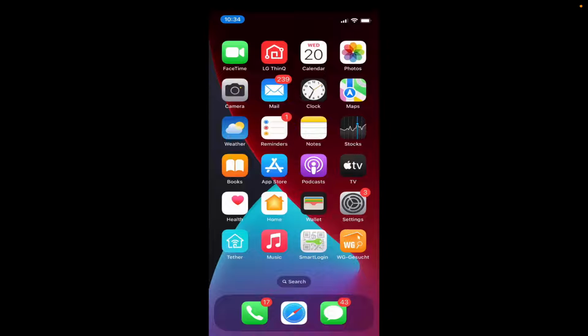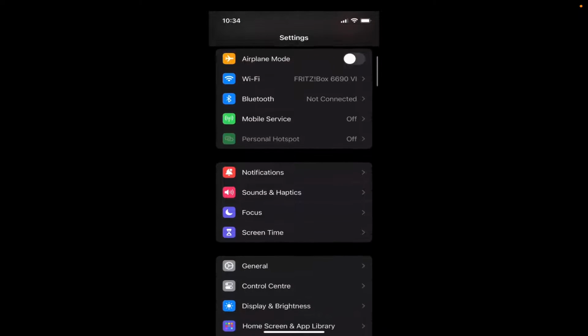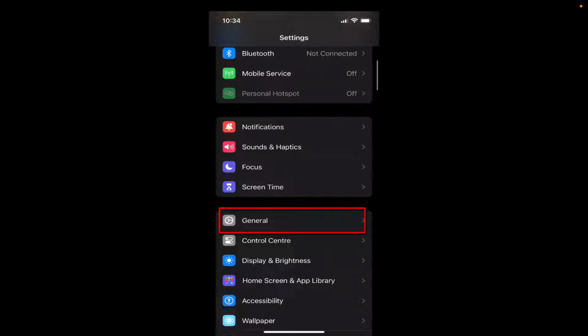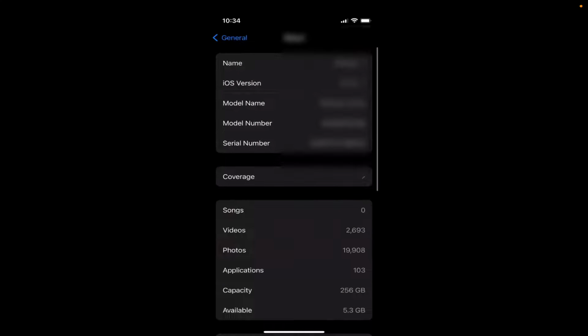So for this, just click on the settings icon. So just open the settings and here scroll down a little and then open the general settings. Click on general and then click on about here, and here you will be able to see all the information